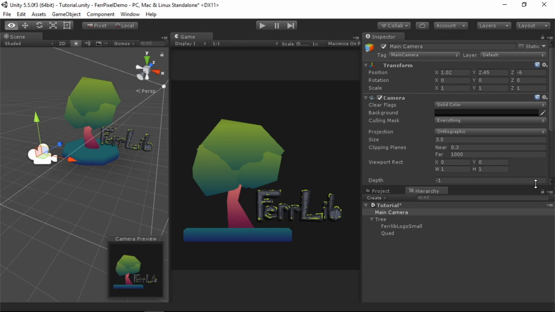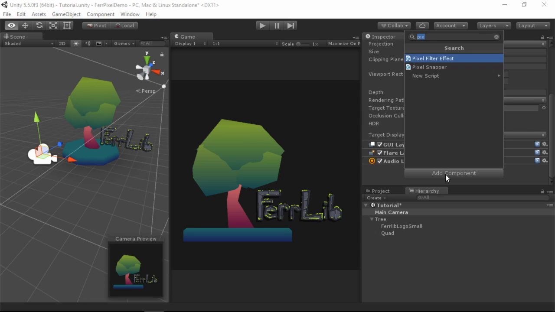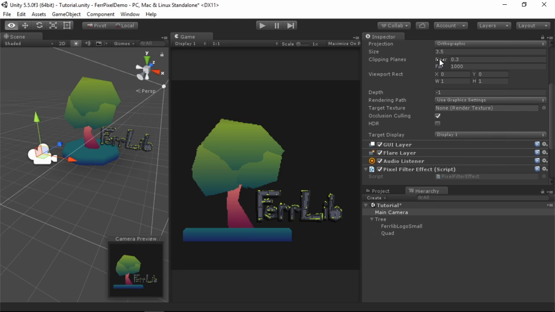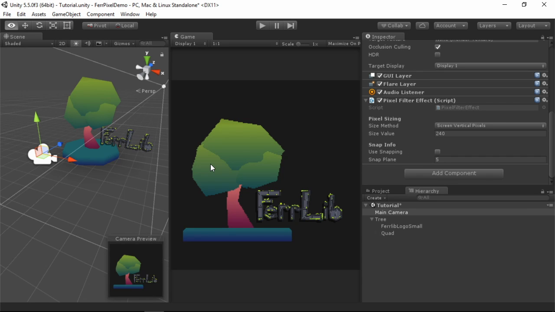FerrPixel is a super simple tool for taking your game and making it look pixely. It's really fast, it's really efficient. There's only two components that you really need to know about in order to get off the ground with this tool. The first one is the pixel filter effect, which goes on your camera. All you have to do is add the effect, and right away you'll see your game view will turn a little